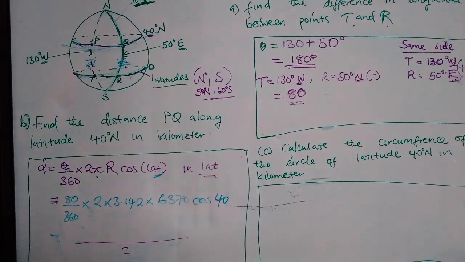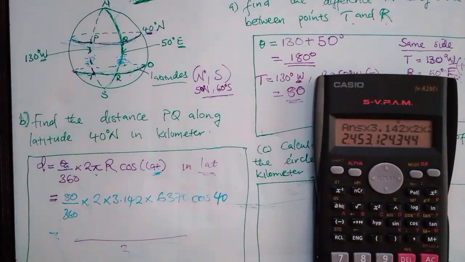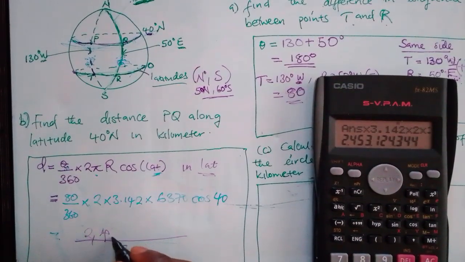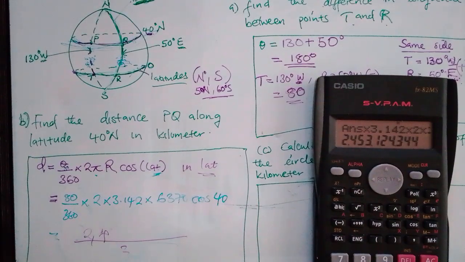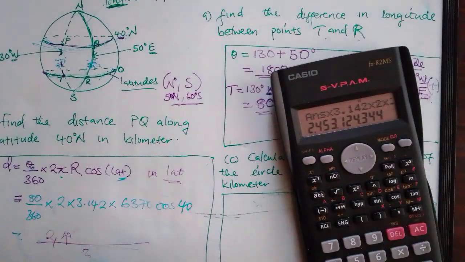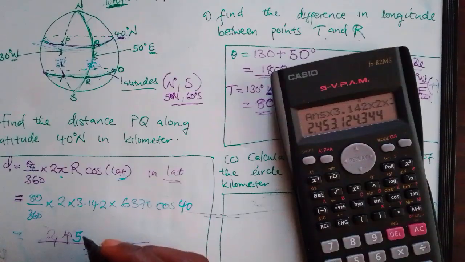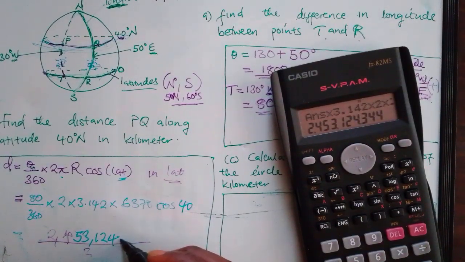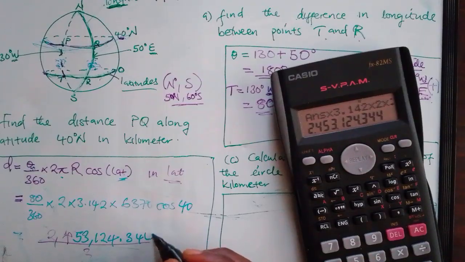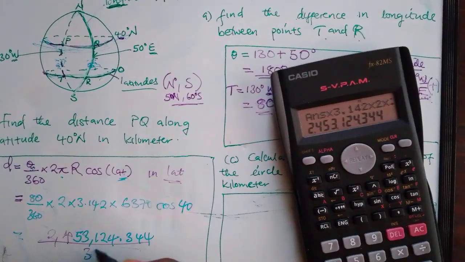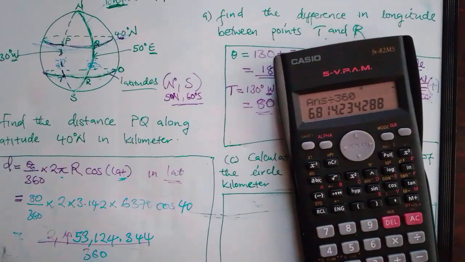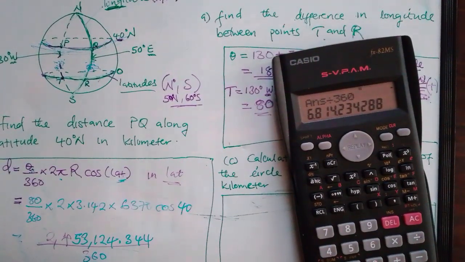Yeah. So once you have this, you basically write it. My bad. So yeah, when you punch, you get this answer. So remember to write everything. Then you divide it by 360. Then our final answer is